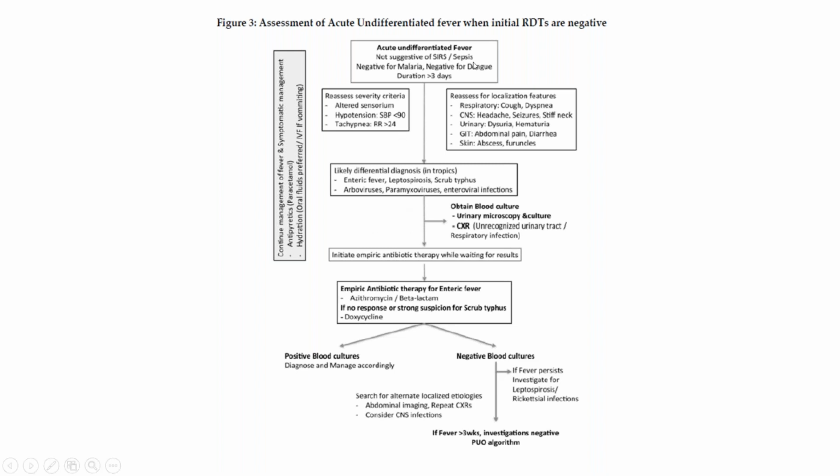Then your differential diagnosis after 3 days becomes one of these. Enteric fever is a very, very likely possibility. Leptospirosis in appropriate epidemiological conditions. Scrub typhus, other rickettsial illnesses, multiple viral infections, also enteroviral infections. For these infections, especially enteric fever and leptospira, you will obtain a blood culture. You will start doing a urine routine microscopy, urine culture, and at this point of time, you will get a